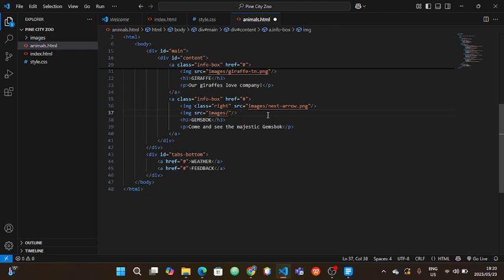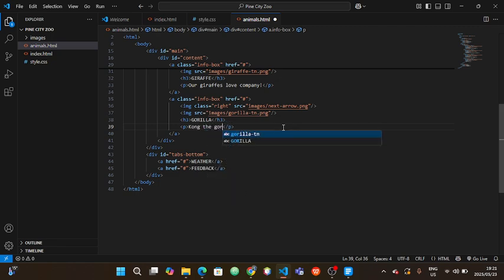So we're gonna remove the image, and then on line 37 he has the gorilla. So we're gonna choose the thumbnails. TN stands for thumbnails, and then we're gonna change our name here on the header, which is gonna be gorilla. And then we're gonna give it a paragraph. Our paragraph is gonna say, let's just say, Kong